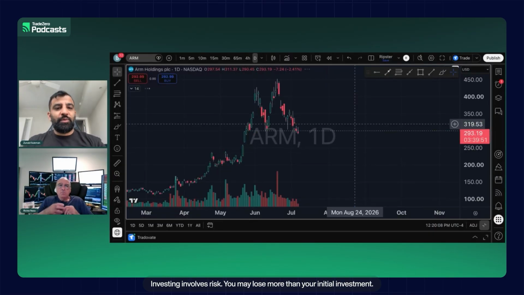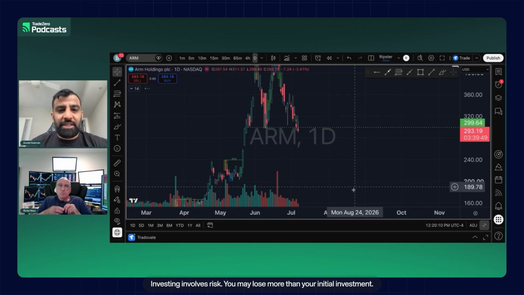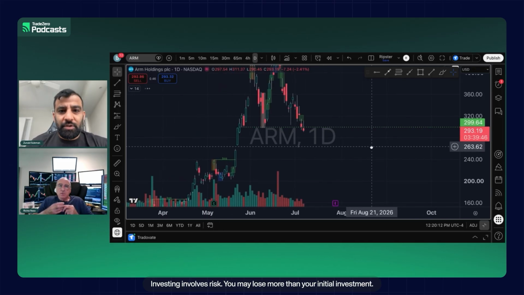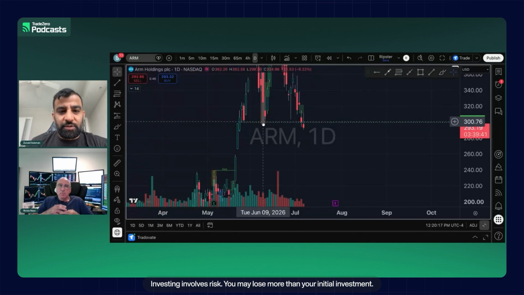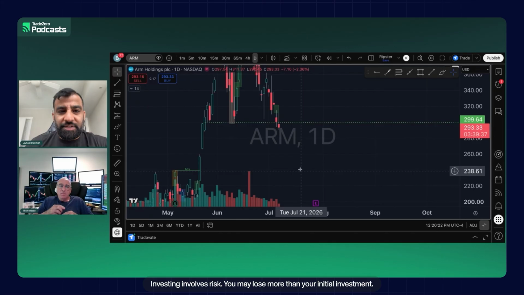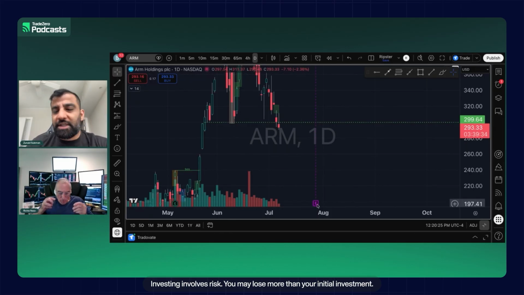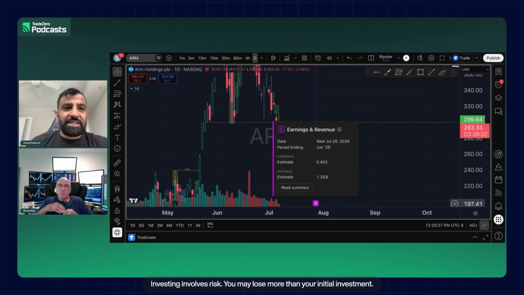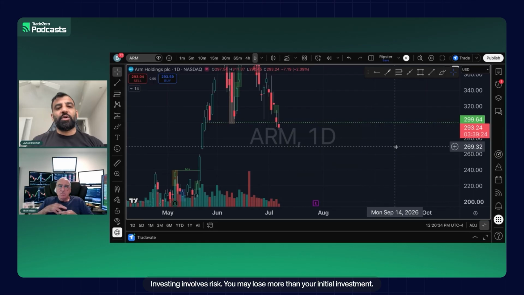ARM is an interesting one. I think we talked about this one with Felix last week, where this level, matter of fact, might have been you. I'm not quite sure, but it was this $300 level that was holding on once, twice, three, four, five times, but finally went ahead and cracked today. So we'll see how it ends up closing itself. And like you said, you've got the earnings coming up on the 16th for a different stock, and then you've got this one that reports at the end of the month, possibly on the 29th as well. So a lot of earnings season with these high flyer hyperscaler names in the memory field, in the data field, in the AI chips, and all that other good stuff.